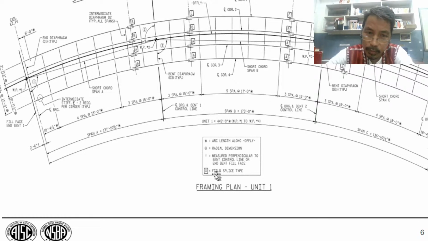When field splice number 2, or in this case, we have EBAA. Okay? So we have a specific type of splicing. So how is it connected? Type A connection. How can you determine the type A connection? There are details in the framing plan. We can take a look at the details for A